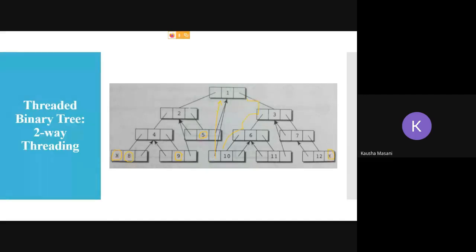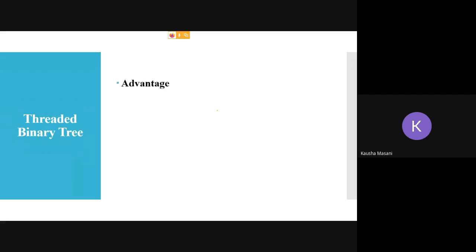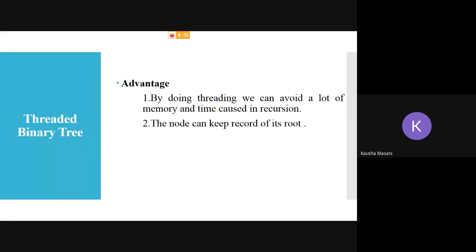I can directly go to this root node. So this saves my time. That is one advantage. Second, a node can keep a record of its root. If the root node is coming as a successor or predecessor directly, a given leaf node can keep the record of its root.